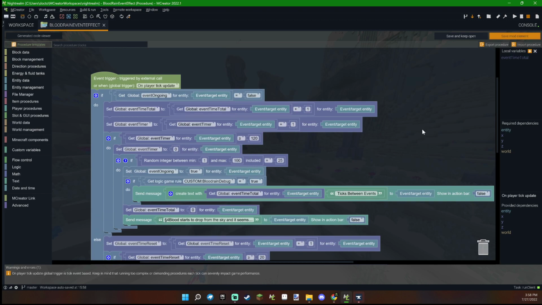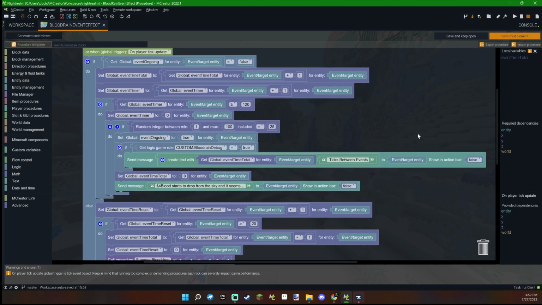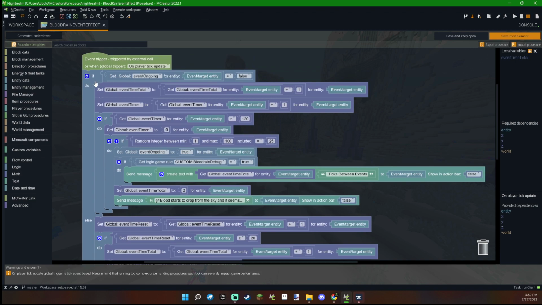loads. So this right here is the most complicated procedure. So to start it off, there is a massive if statement, which essentially encloses everything. First, it checks to see if the event ongoing, which is a variable, is equal to false, because I don't want two events to happen at the same time. And if it is equal to false, it will